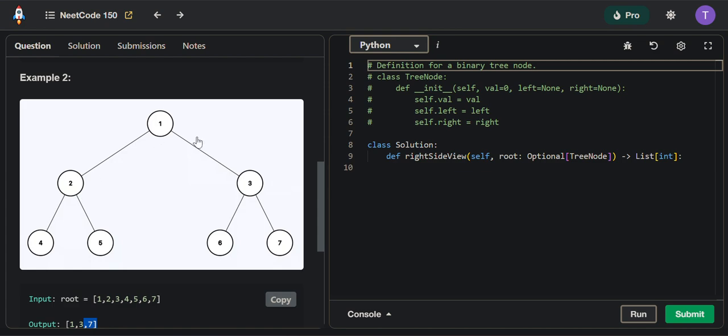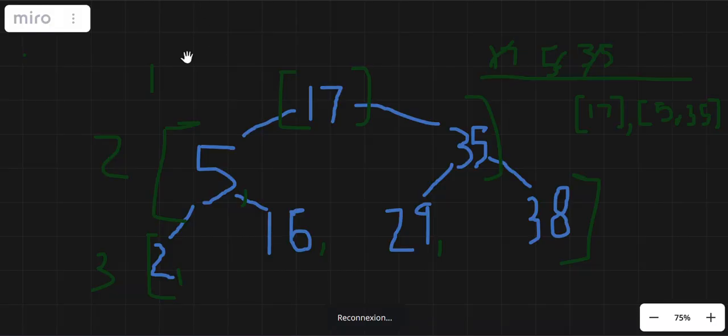So the data structure that we are going to use for that is actually a queue. And for each level, we are going to add in the queue the values starting from the left. And basically, we are going to just append to the output list the rightmost value that we have in our queue. So for example, let's say that we have